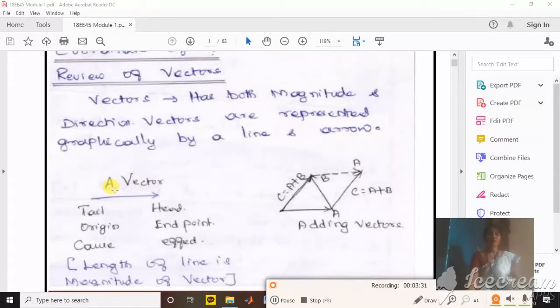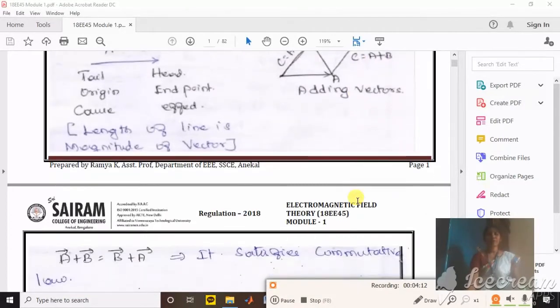Now vectors will have addition, subtraction, multiplication and division. So here, adding vectors, you consider two vectors, the a vector and this is your b vector. The direction of the a vector is shown towards the right hand side and the direction of the b vector is towards the up direction. Now if I wanted to add these two, that is a plus b, it is going to be your c vector. Now c is equal to a plus b. Whatever vector you are obtaining over here, it is just like a parallelogram. Whatever magnitude you are getting towards this side, same thing you can draw it like this. So it is just an example for addition of vectors.